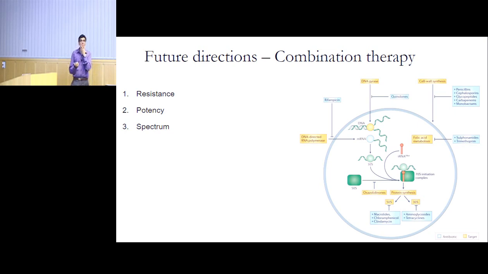But there is a challenge in this. Even though many of the antibiotics target distinct processes, for example, some drugs target cell wall synthesis, some target DNA replication, some target translation, they're all part of the same cellular network. And so adding one drug, for example, a cell wall inhibitor with a DNA synthesis inhibitor, might actually interfere with each other's action. We can use these models to figure out what two drugs to give together that might work very well with each other, which is called synergy. But you can also identify drugs that interfere with each other's action, or are antagonistic.